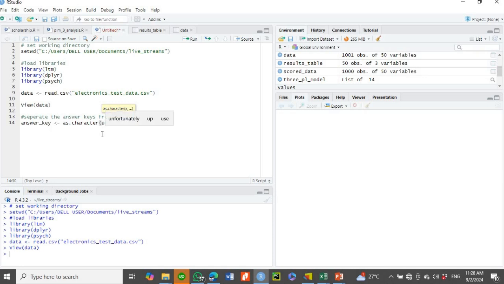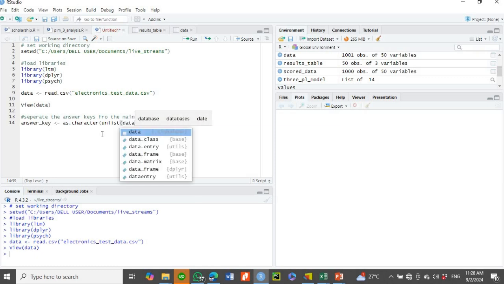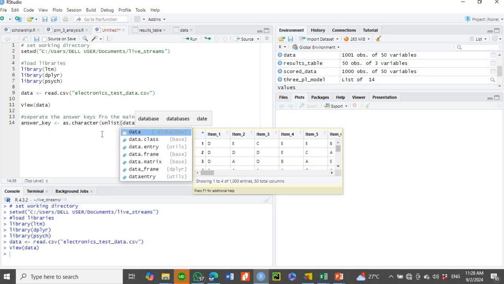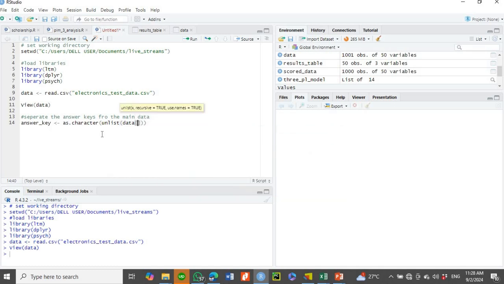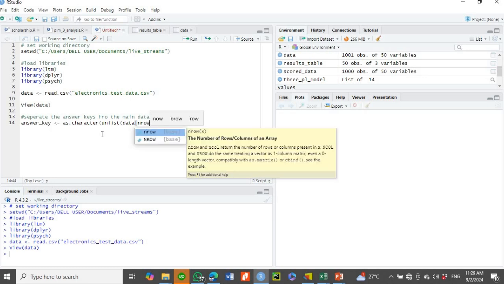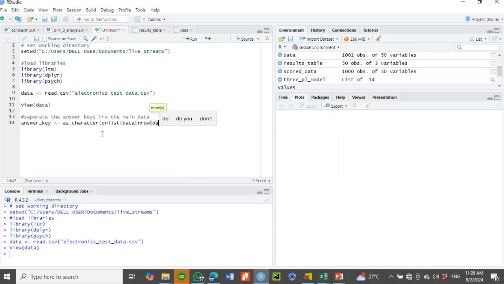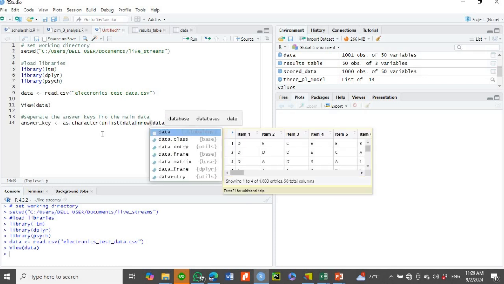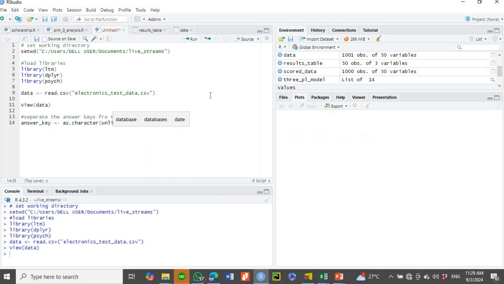Then you say unlist, open data, and then square brackets, the last row, which is the nth row of our data, is what we are working on. So this will now be a comma, right? So when we run this,